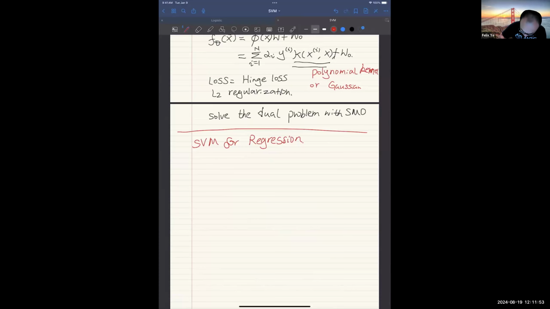I want to minimize over theta, lambda times the summation i from 1 to n of L of y i, f of x i,